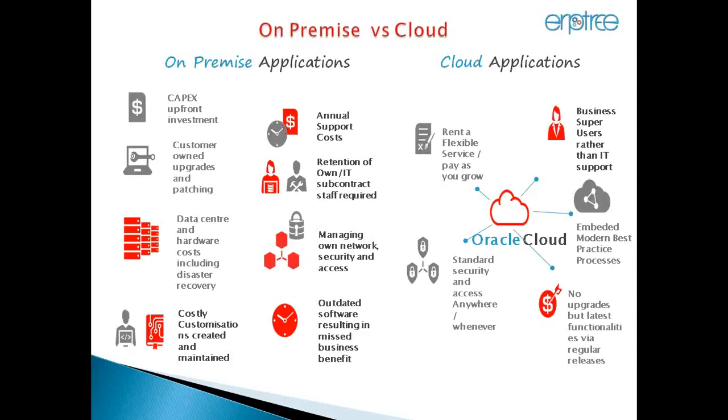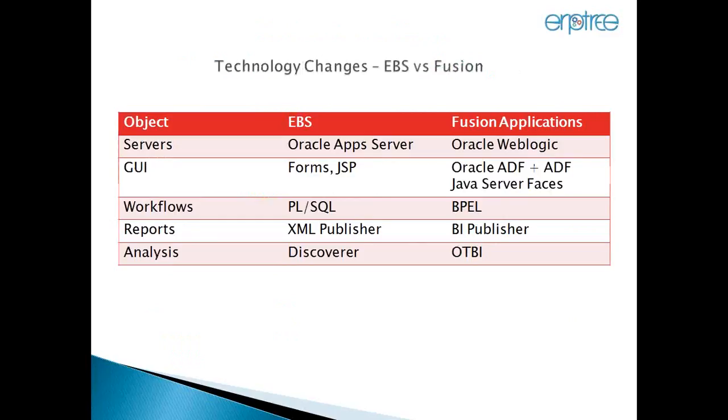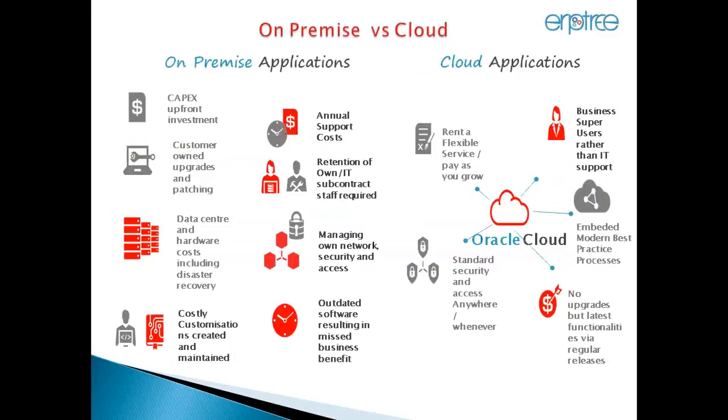And patching and all, everything has to be done by the DBA team in case of on-premise. Upgrades also Oracle will do if you go with SaaS. In PaaS and IaaS, it's the same approach as we follow in EBS. These are the primary differences, and from the security point of view also Oracle will take care. So the clients who are using this cloud option from Oracle, almost all clients are happy with the solution. So any questions here, please?